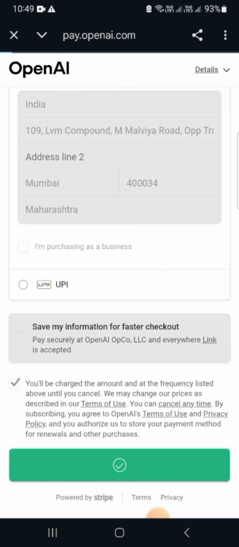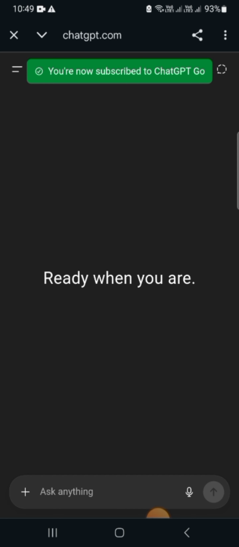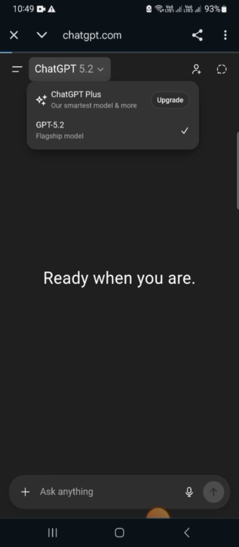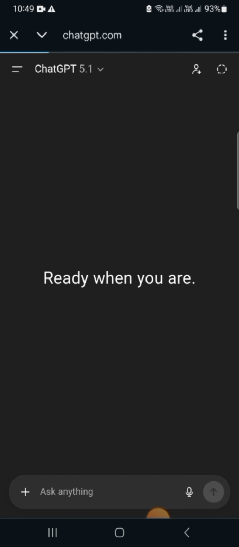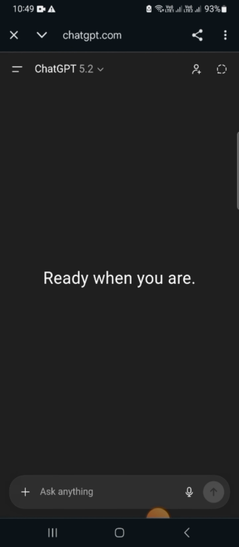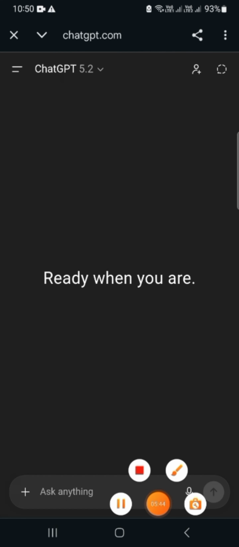You can use it for writing, and if you are a student, you can use it for study purposes. If you are a content creator, you can use it for that. If you are a trader, a forex or crypto trader, you can use it. This will help you in market analysis, sentiment, and fundamentals, to understand everything. So this is a gem for everyone. Here you can see ChatGPT 5, and this is the Go model. This Go plan has been